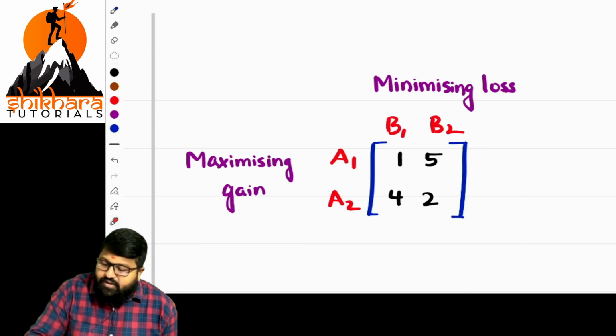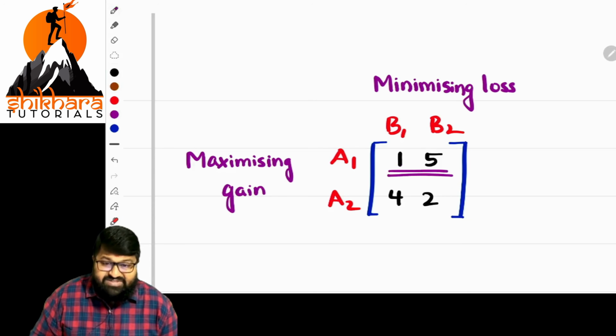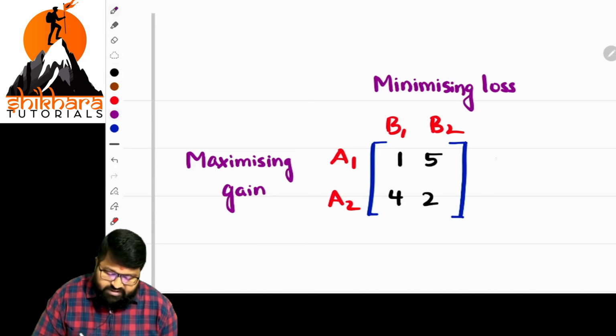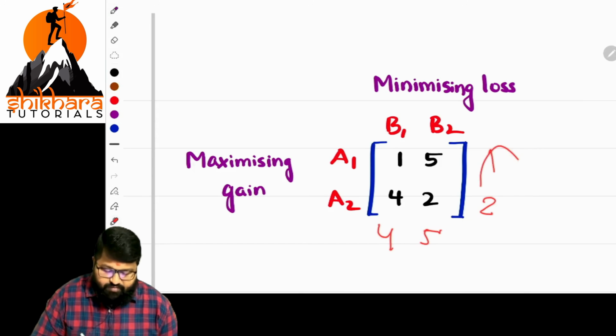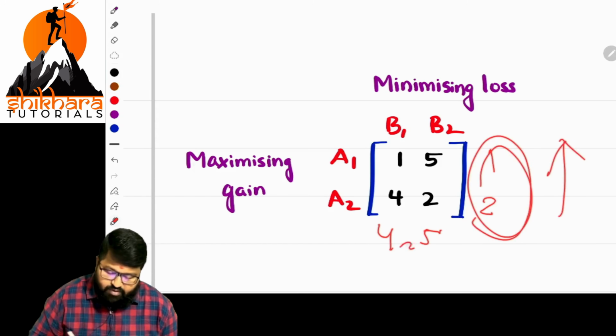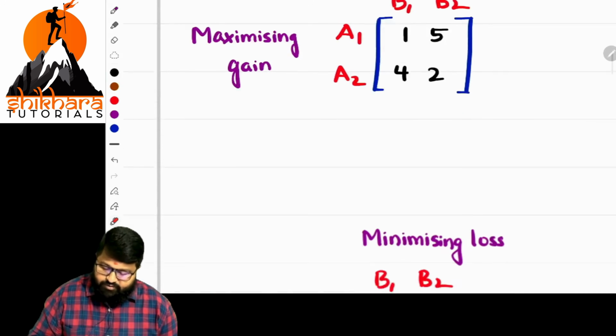How to solve that? Basically when the problem is given, the important thing is that you need to find the least values of the rows. What is the least value there? The least value is 1. And here the least value is 2. And for the columns, the highest value is 5, and the highest value is 4. And from these two, we have to identify the highest value. And from these two, we have to identify the least value. Am I clear? See the point.